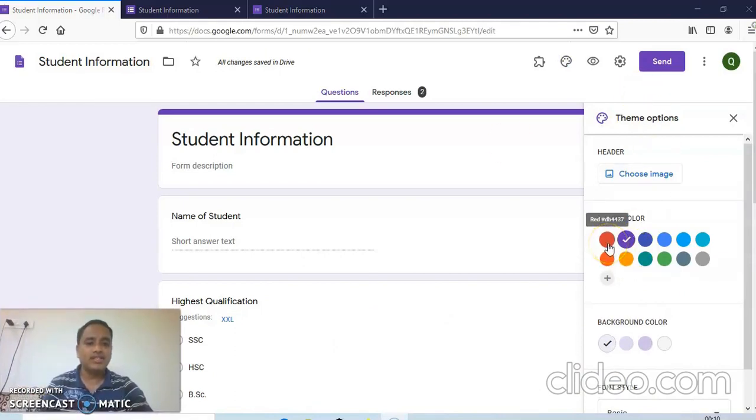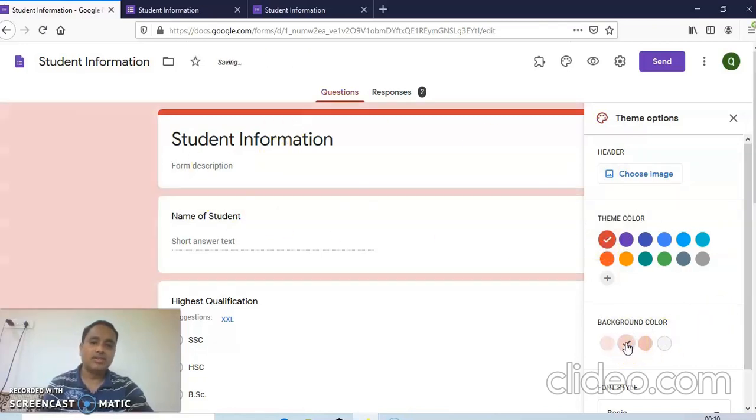If I select this one, you can also give images for the header if you want, just like a college logo or anything, you can insert it as a header. And here this theme, background color, you can select as you want. You can do it as per your choice.